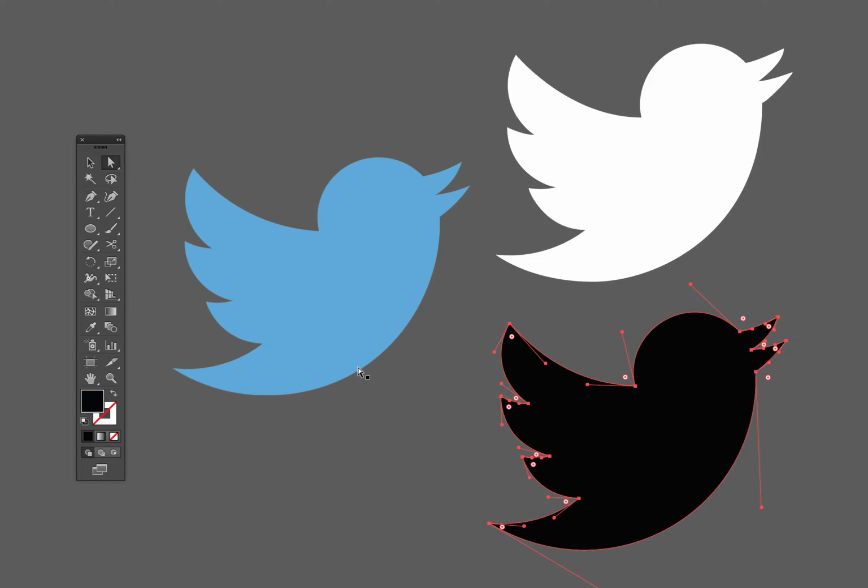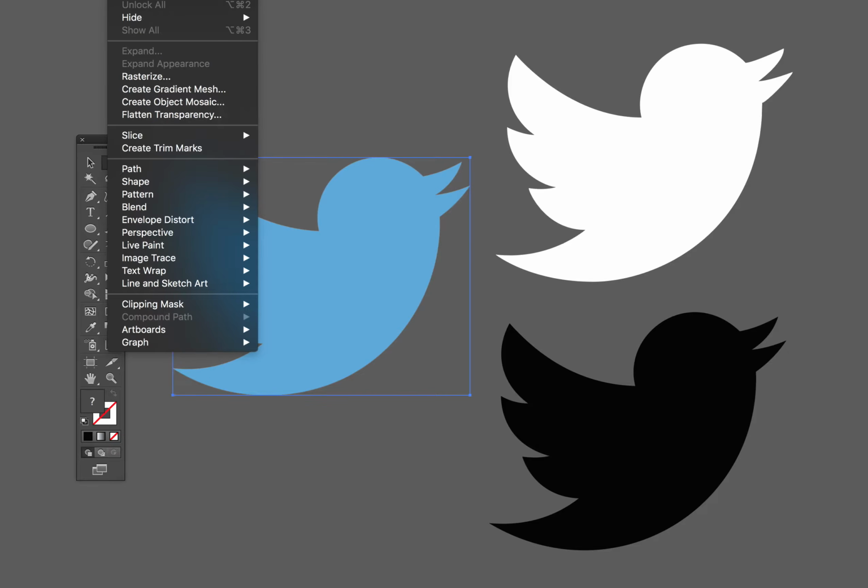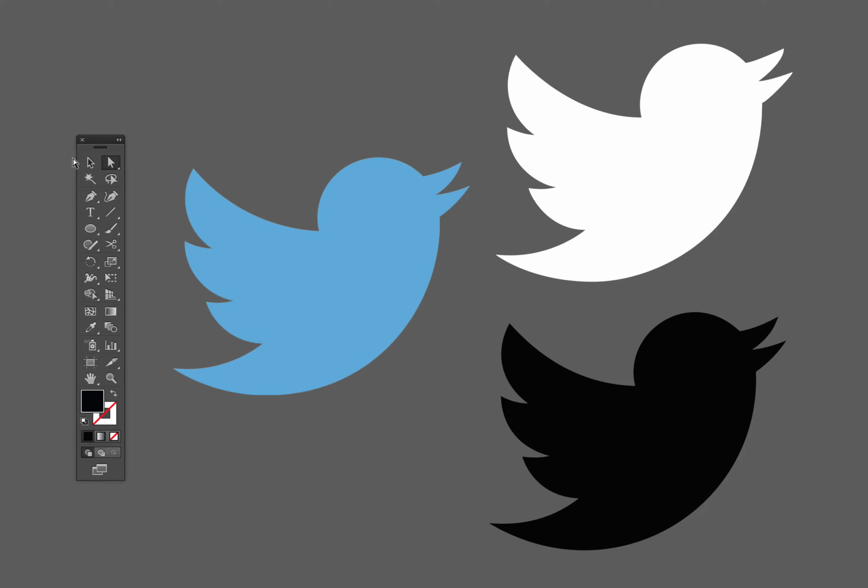Without further ado, here's how I do this. First, you have to select your bitmap image that you've imported. I like to lock it, so I will lock that selection, and then I will select the pen tool. I will create a stroked shape or stroked fill, and then I'll start clicking on all the extreme edges where